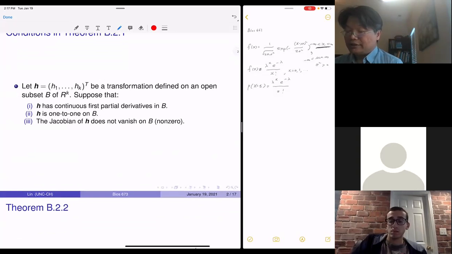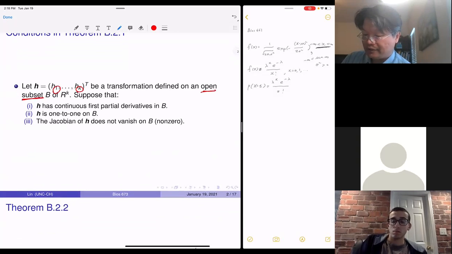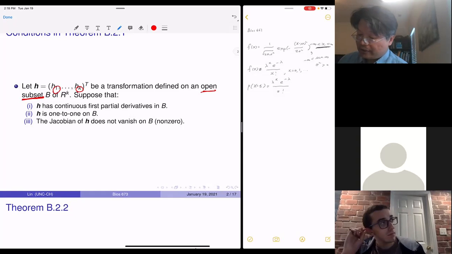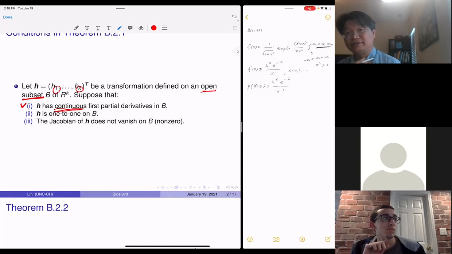Okay, good. So remember we talked about the G function in 661. Right now, it's not only about a single function to do transformation. It's actually h1 to hk, where h is a function for the transformation. And then we have an open subset in R^k, a k-dimensional real space. Suppose the h function here is continuous, we always talk about continuous function